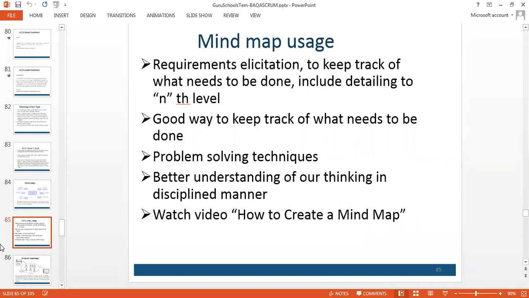But the baseline, the rock bottom, is you need to know use case diagram, you need to know Excel, you need to know Word, and you need to know Microsoft PowerPoint. If you know these four things, if you have your head on your shoulders, done. You are a BA. You can work as a BA. You have that knowledge right now with you.